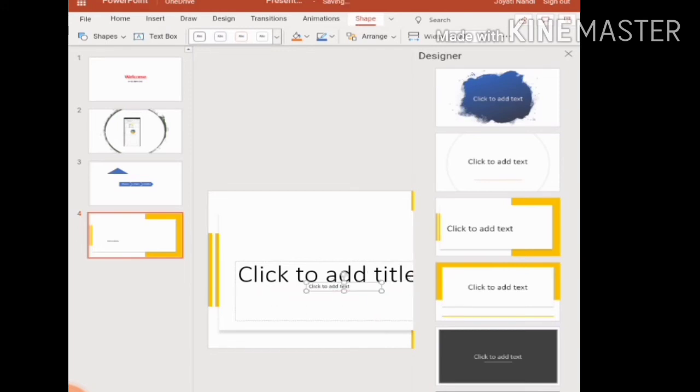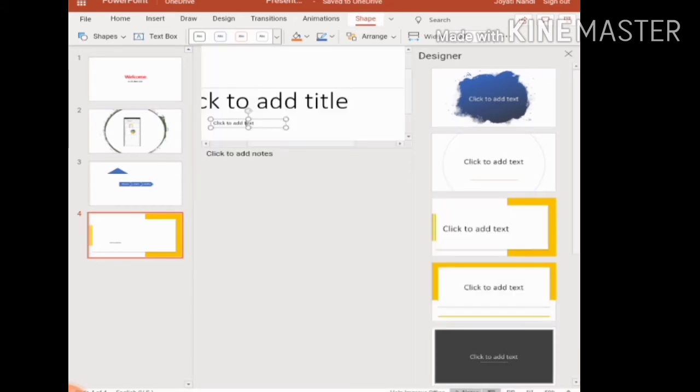Okay, you can drag it, you can write anything within this. Okay, so for this, click on the text box and then write anything within this. So for example, I am writing one thing here.